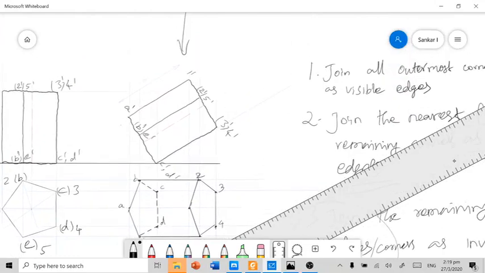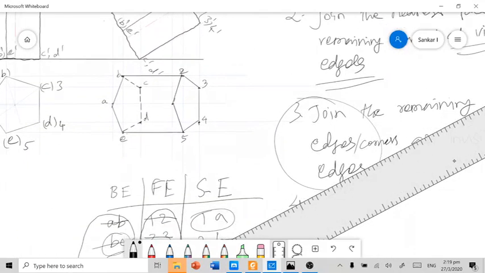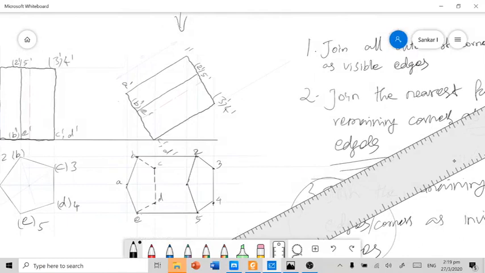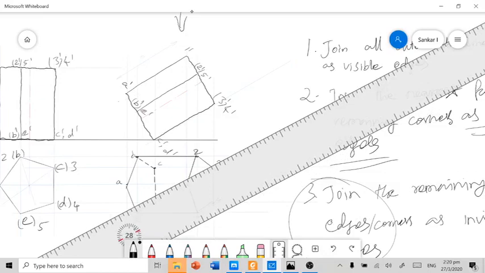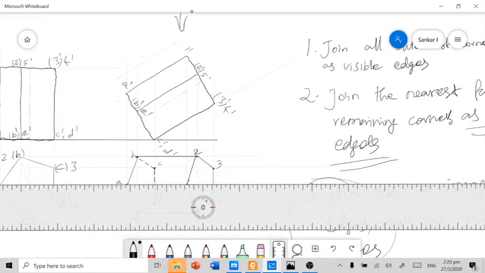When you view from the top, just think about 1A. 1A is standing here. You can easily decide whether it is visible. It's visible, so join 1A as a visible edge.